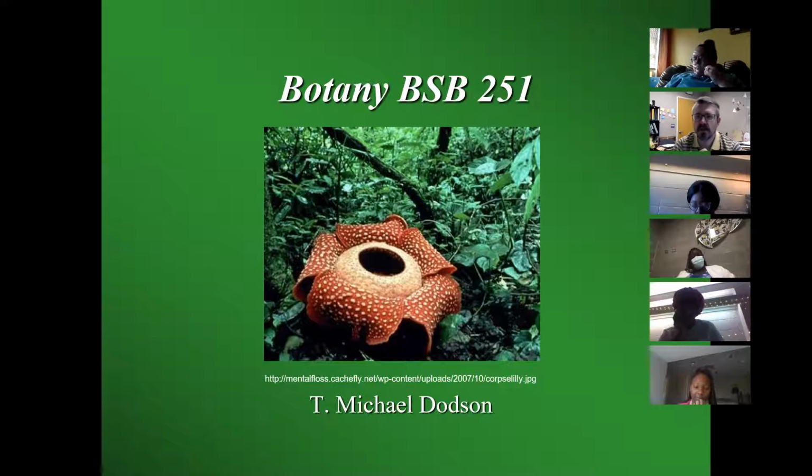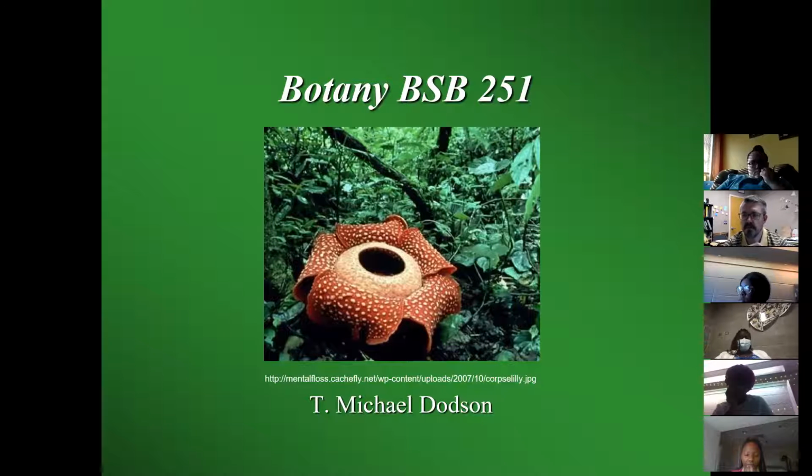And let me get Sarah in here. So this is the corpse lily. The difference between the two, and I'll see if y'all can remember that when we get to the other one, is that this is a single flower. You can see that there are 5 major petals, whereas a corpse flower, the one people are more familiar with,